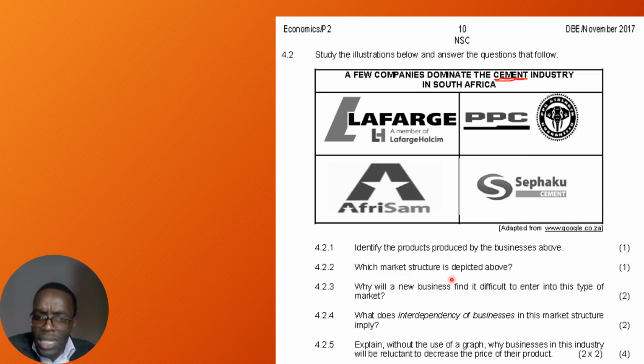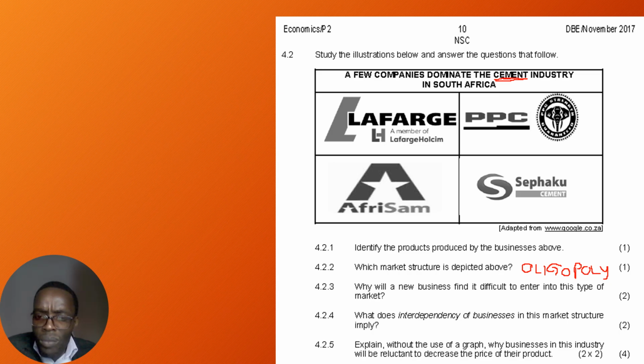And then which market structure is depicted above? Now this particular market structure, we are told that a few companies dominate the industry in South Africa. So that in itself should tell you as a learner that we are talking about an oligopoly here. Okay, this one is oligopoly. And the next question, so if you wrote oligopoly, then you get your 1 mark there. Okay, and then the next question reads,